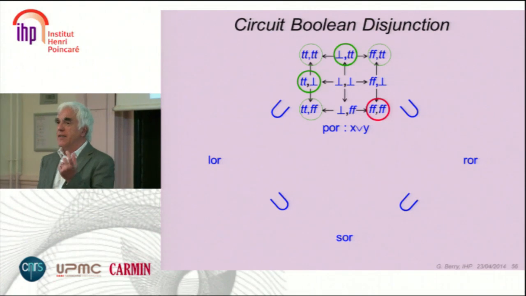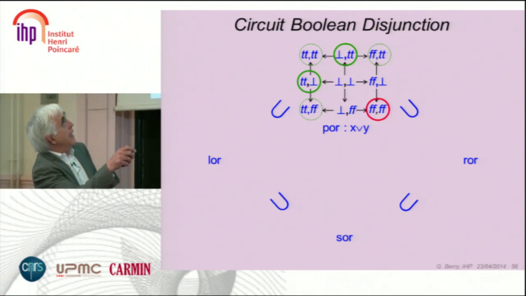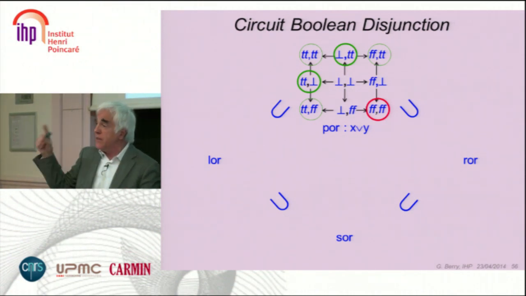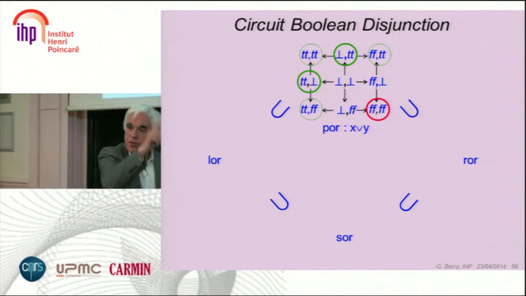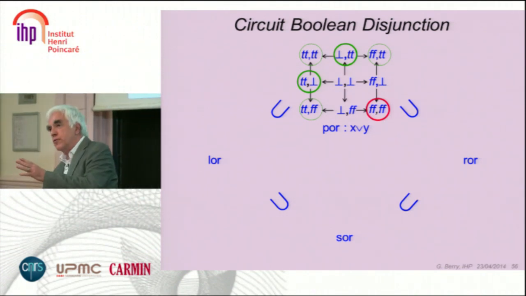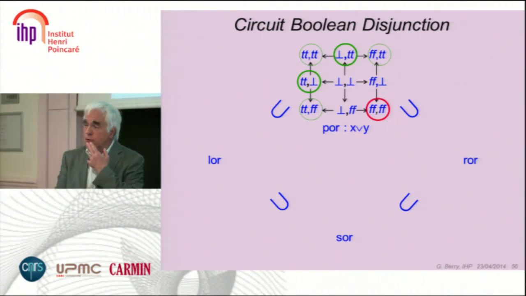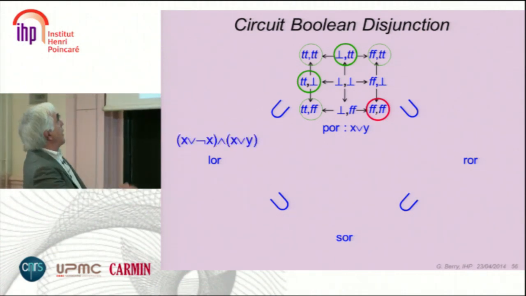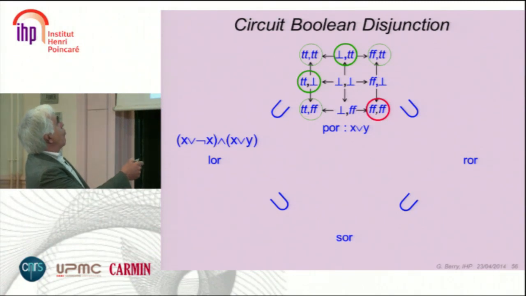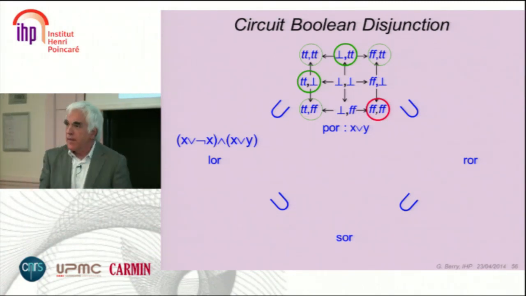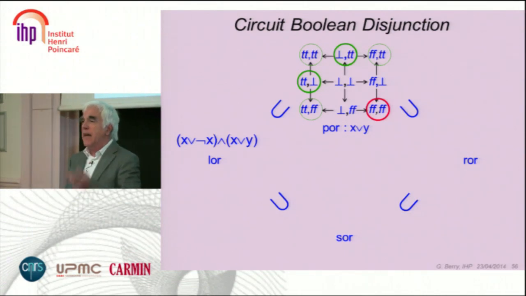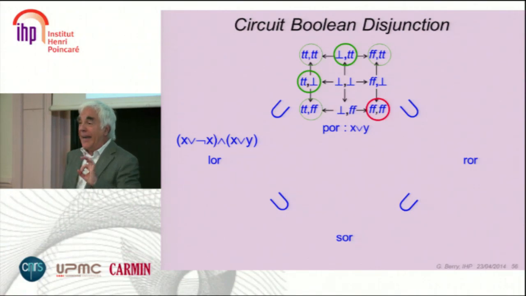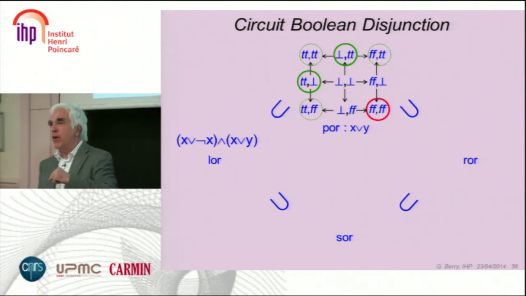That is the OR gate. It has exactly this property that as soon as you enter true, even if the other one is bottom, which means non-stabilized, erratic, oscillating, you get a 1 at the output. Very interesting. It's also interesting to see that you can reconstruct the other one, the software one. For example, left OR is X or Y and X or not X. Remember, X or not X means X is stable either to 0 or 1, as is defined. So you can encode the software one into hardware.